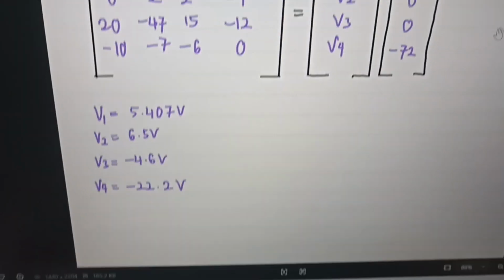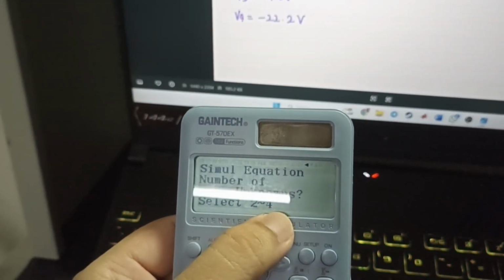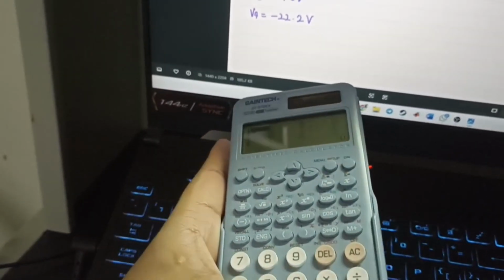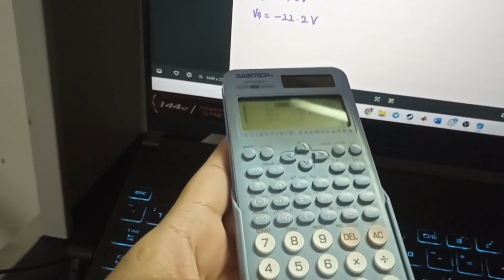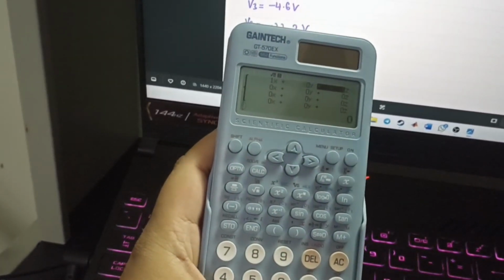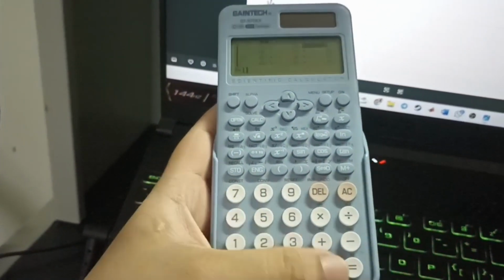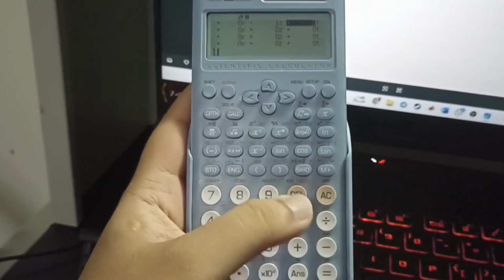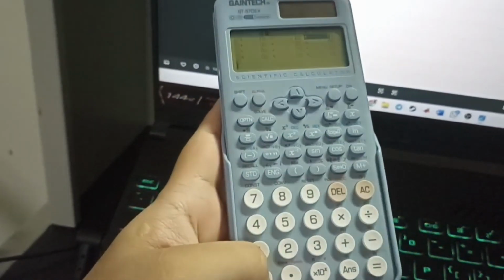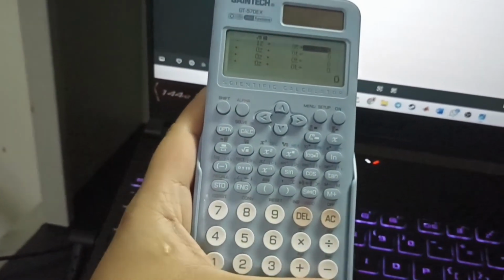As you can see, we have 4 rows. That means we need to use 4 unknowns. So the first row is 1, 0, negative 1, 0, and 10.